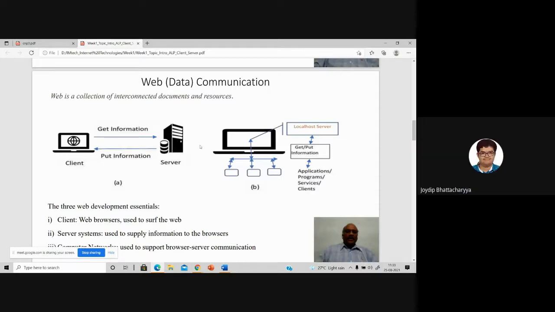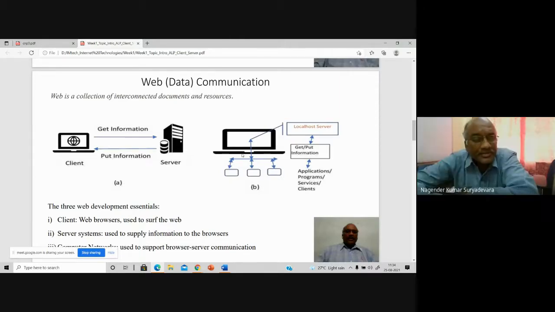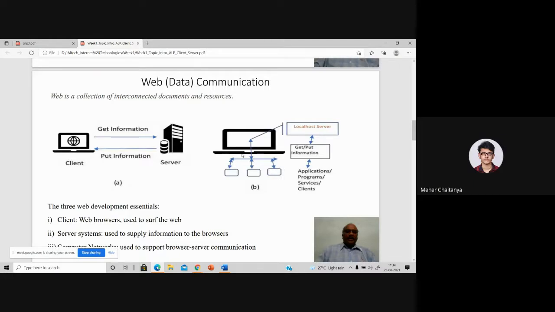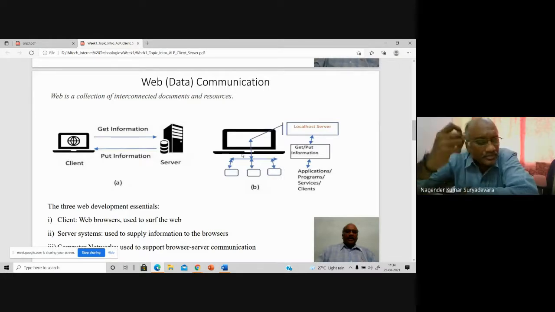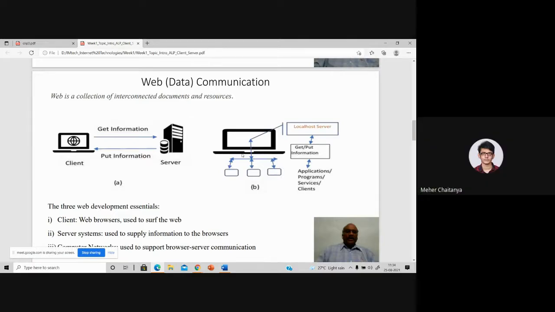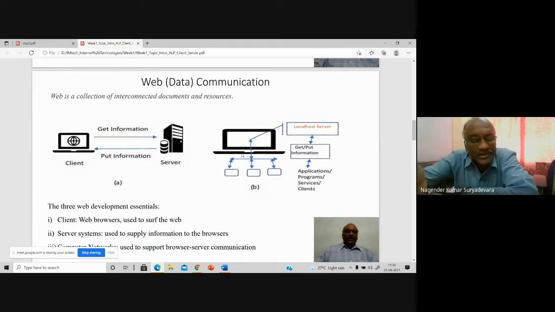Okay, sir. So basically, client and server are like processes, and the client process will be connecting to an endpoint, which will be the server process. Yes, exactly. In the first diagram, the processes are running on different computers, different workstations. On the right side, it is one laptop, but two different processes running on the same local box. On the left side, one process is running on one computer, and another process on another computer.